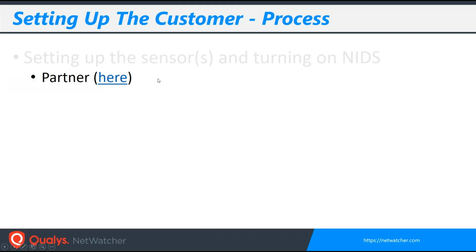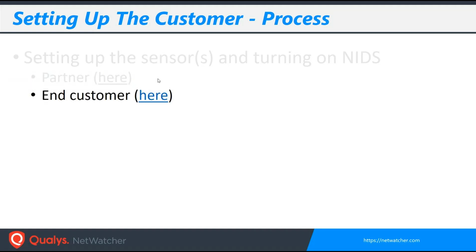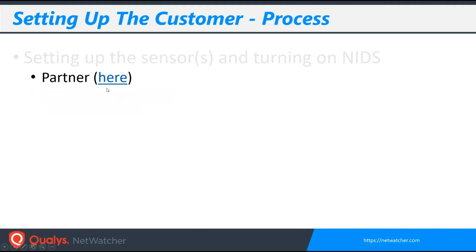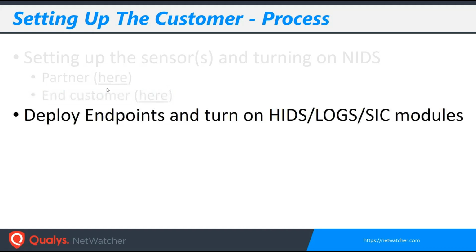You also have a link to it in that email. I'll pull it up here in a second. There's a partner version and an end customer version. So a lot of our MSPs expect their customers to be actually installing the sensor. And so if your customer's installing it, you probably want to give them the customer install guide. If you're doing it, we have a partner install guide. So that's the differentiator. They both map to each other. They're very kind of symbiotic with each other, but keep an eye on both of them and give them to